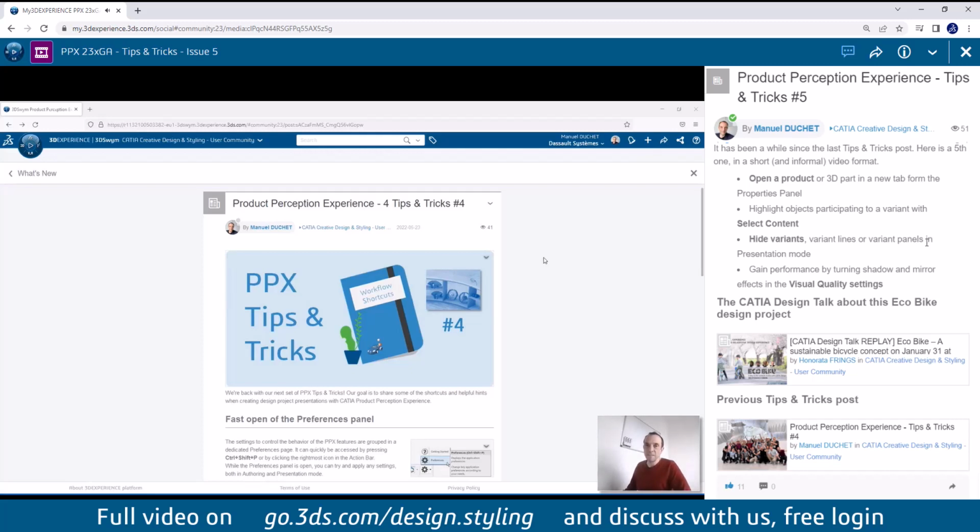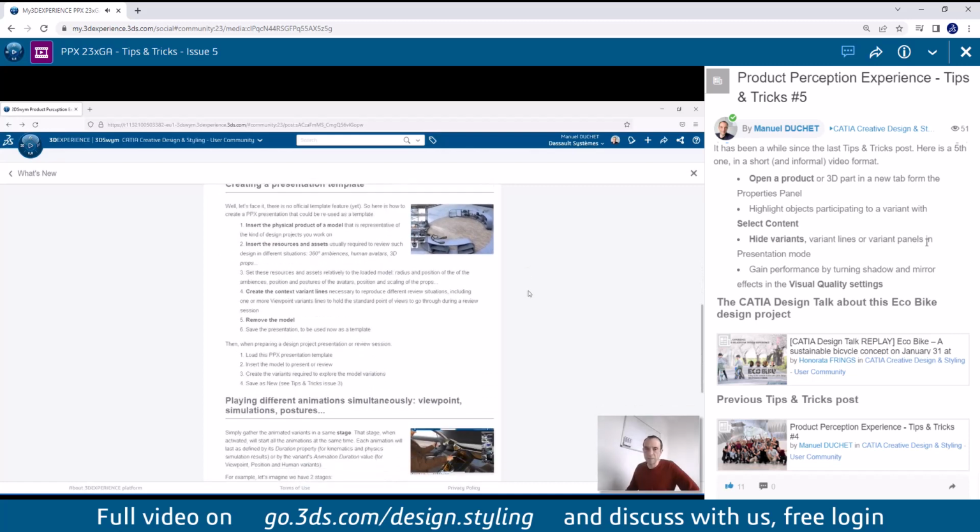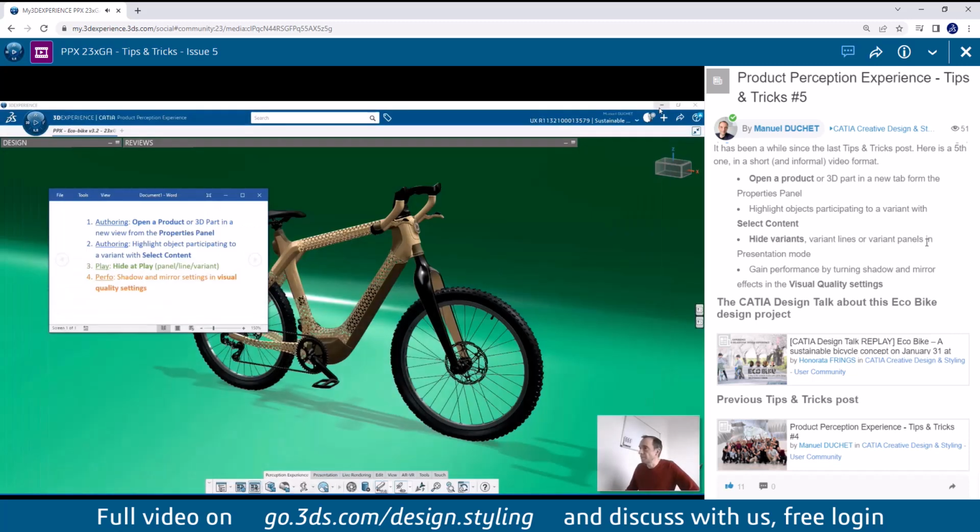It's been a while since I last shared a few tips about CATIA product perception experience. And this time I would like to do it live using the app. So let's get started. The first one will be about how to open a product or 3D part in a